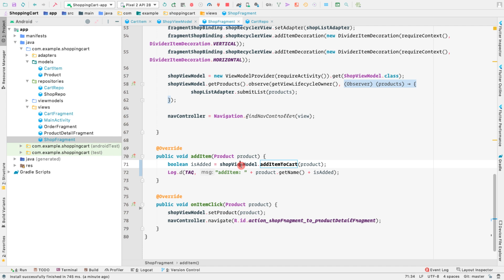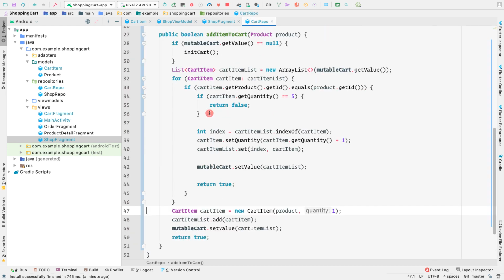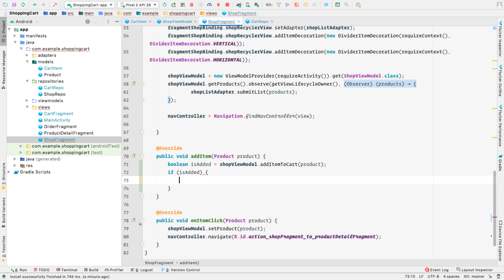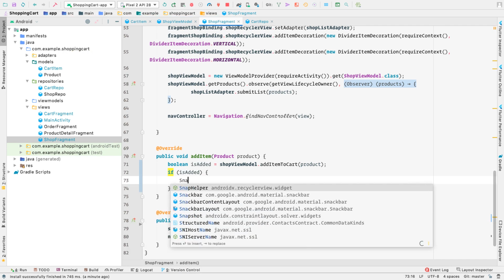Now whenever this method is called, that is add item to cart inside the shop view model, we would be returning a boolean whether the product is added or not. As we can see here inside this cart repo, we are returning true or false depending on whether the product is added or not. So now instead of making a log statement here, we want to check that if the product is added, then we want to make a snack